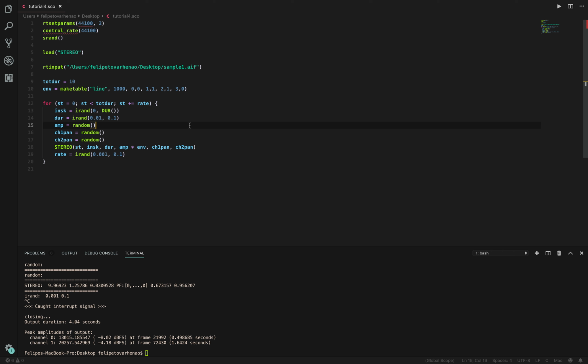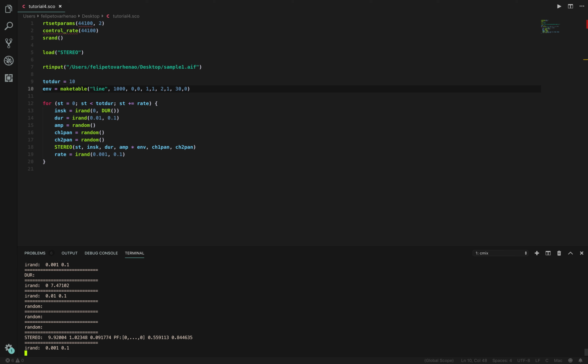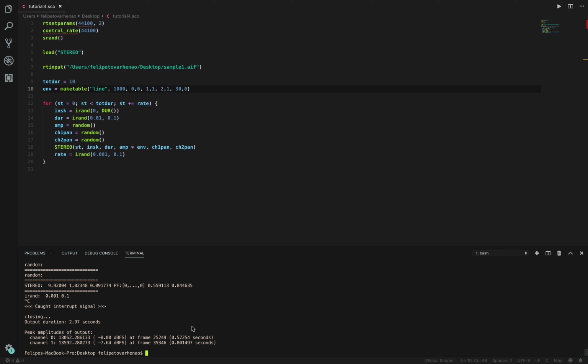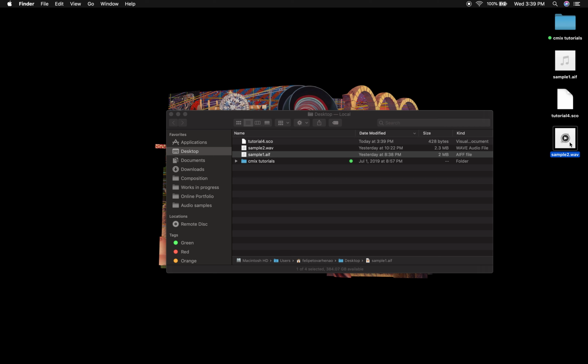Awesome. Now, of course, we can also modify the envelope so that it's a little bit sharper and has a longer decay. And we could also try a different sound file. So instead of using this one, I'm going to select this one, which I have on my desktop. So if we listen to this,